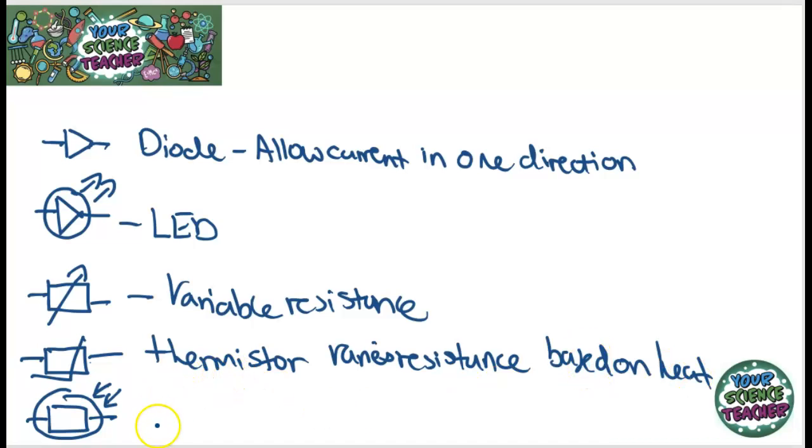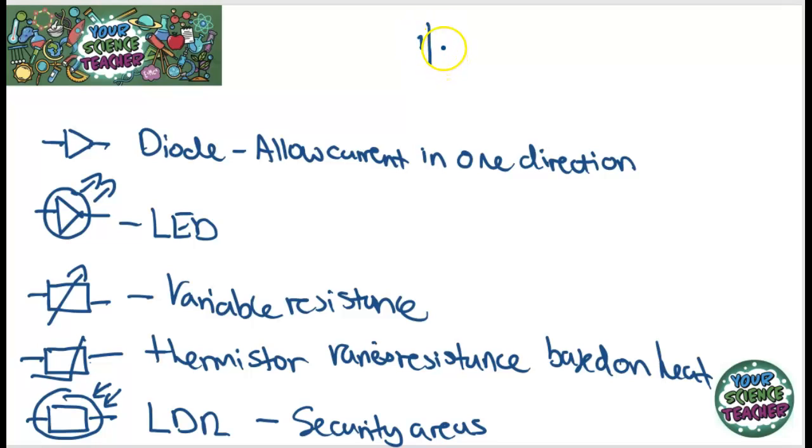And then finally down here I have a light dependent resistor. These are often used in security cameras, so that it knows how much light to add to certain images in order to see things in the dark. Now, what do these actually look like in a circuit? When we're drawing out circuits, we usually start with something to push current around the circuit. So we'll draw a cell. If I draw another cell next to it, now I have a battery in there.